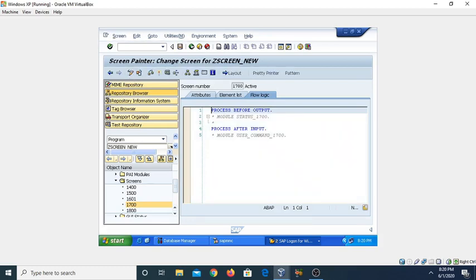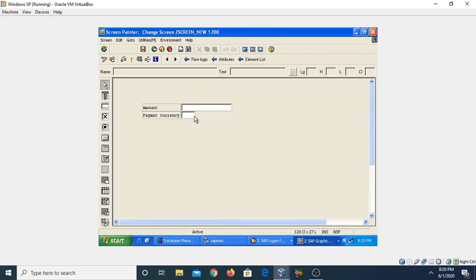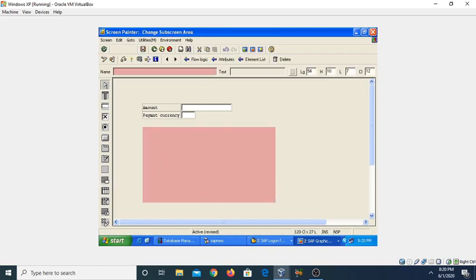Now step number 3, go to the layout editor of the screen, or you may say the screen painter of the particular screen. Now we need to create the subscreen area firstly. So this is our subscreen area. Just place it onto this main screen and give the name here.